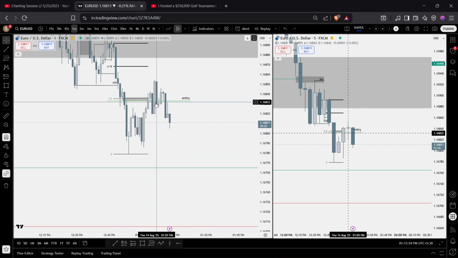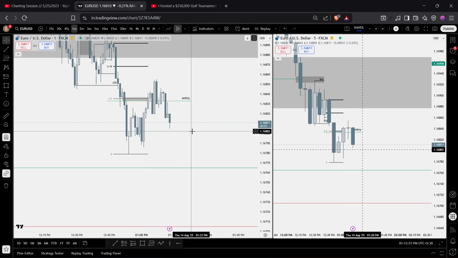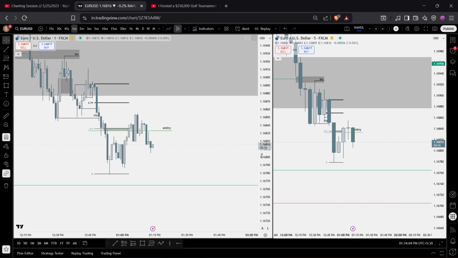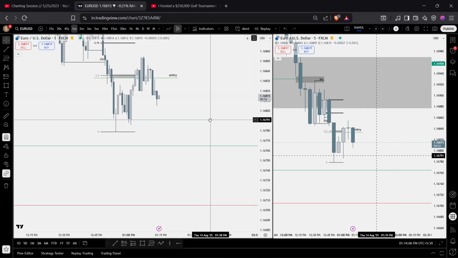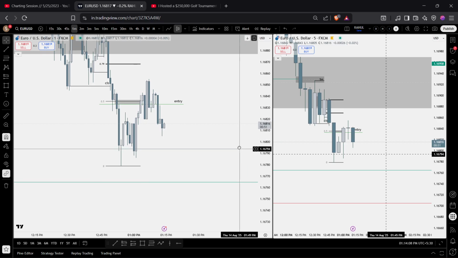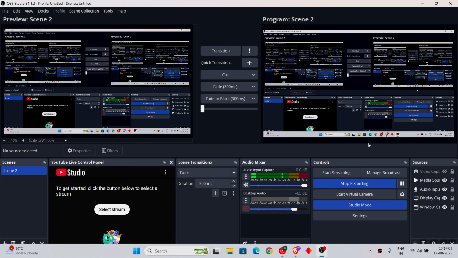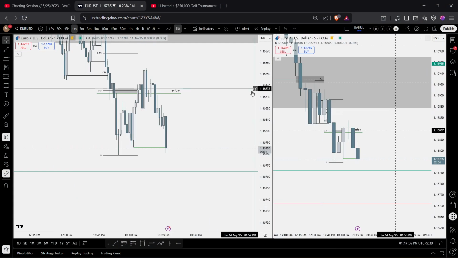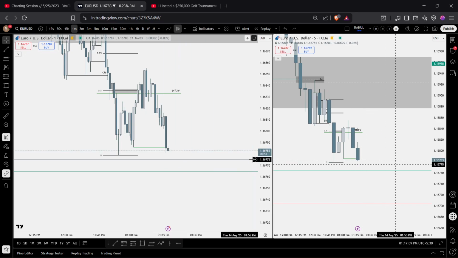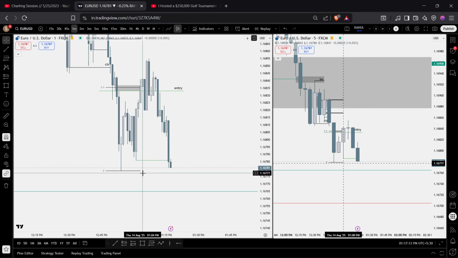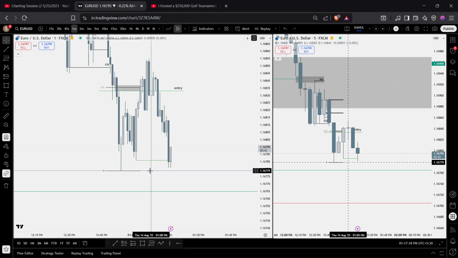We have rejected the equilibrium and closed below the range. So yes, I don't see the market going above to retest anything. And I'll update you guys as the video goes on, as my trade goes on. So we did see a close below this. Now I'm contemplating whether I should put my stop loss to break even, because we can see a sweep. Let's see if this gets taken or not. After this gets taken, I'll keep my stop loss at break even.